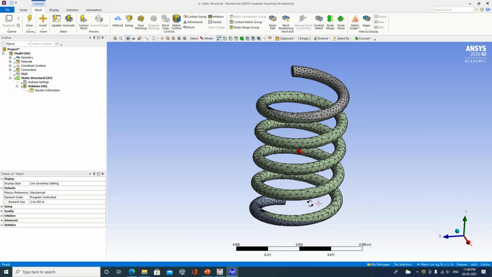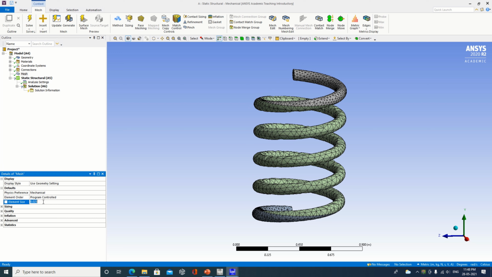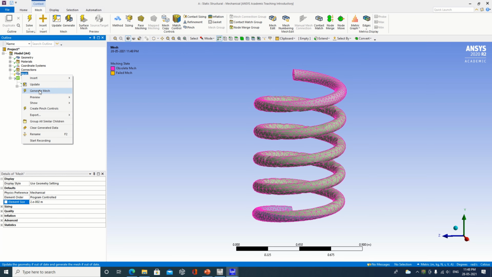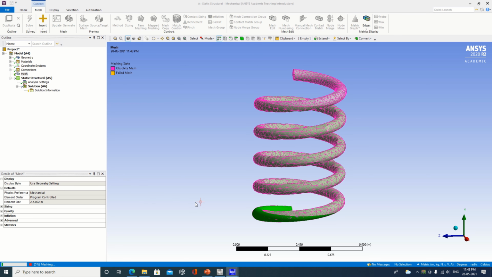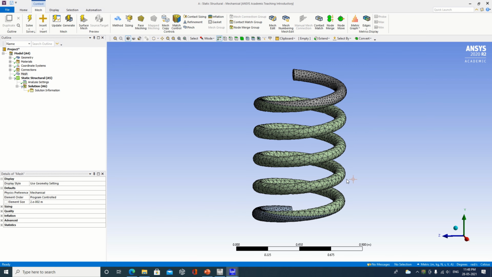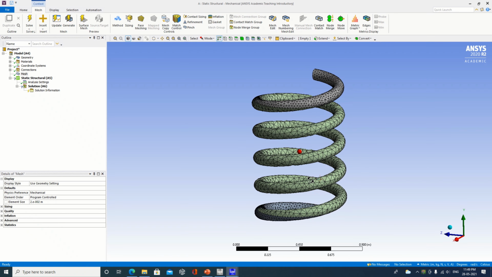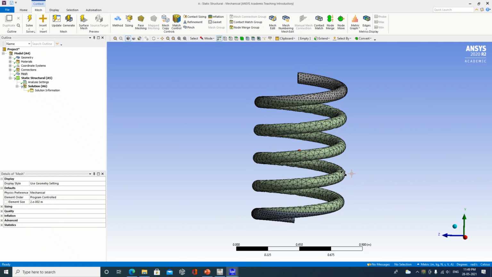I will just try to reduce this to some smaller value. I will try reducing it to 0.02. Now make it generate. So I have taken 0.03, then I have taken 0.025, now I have taken 0.02. Now see how the mesh will be. Okay, so it is better than the one which we had earlier.